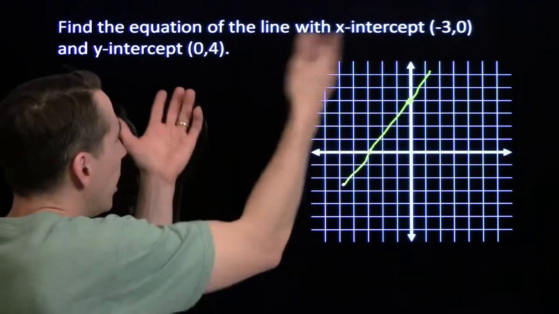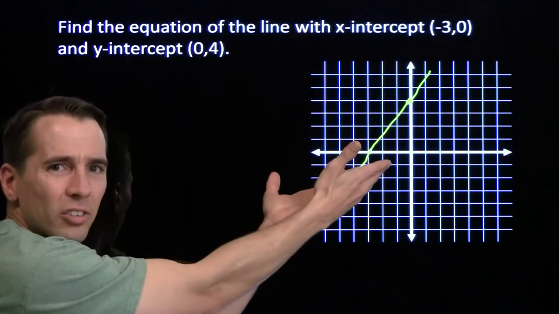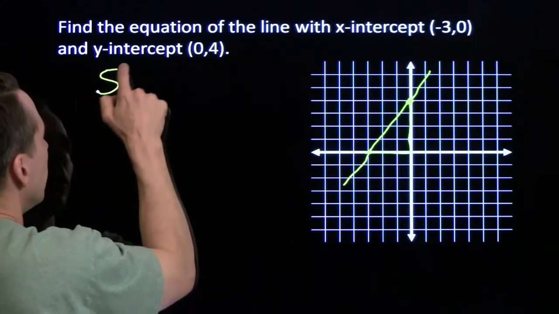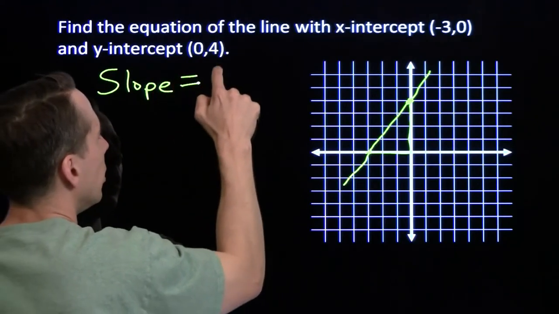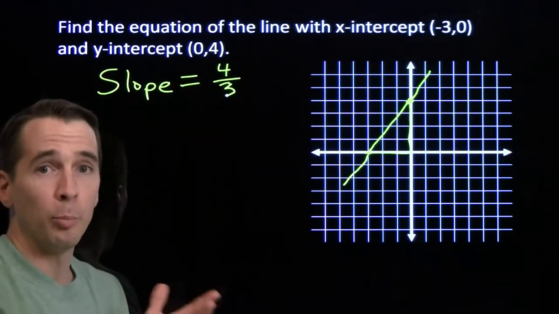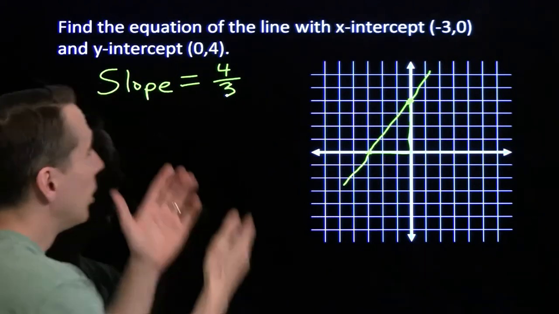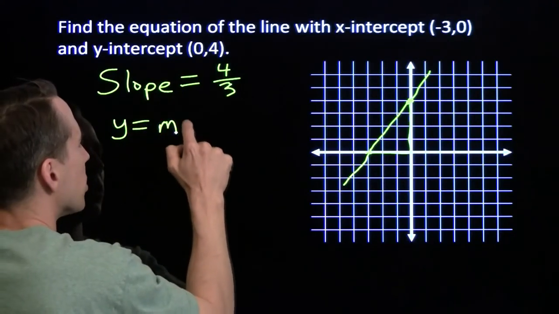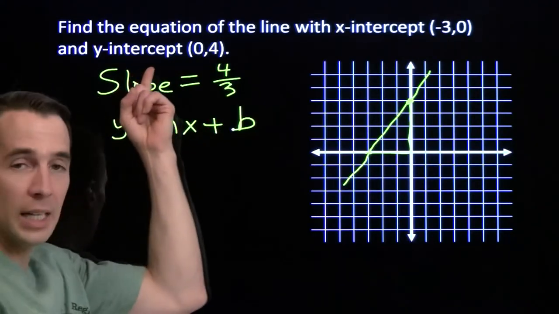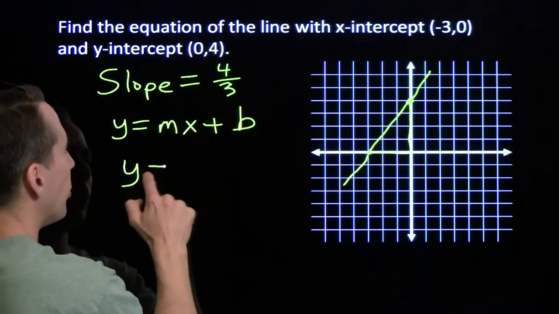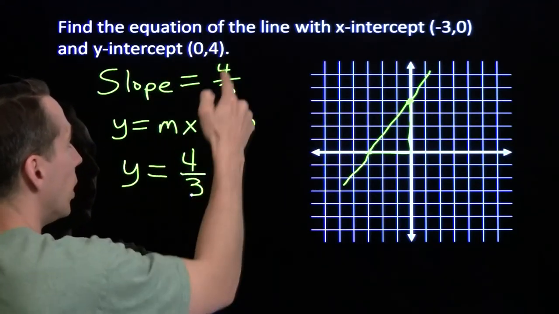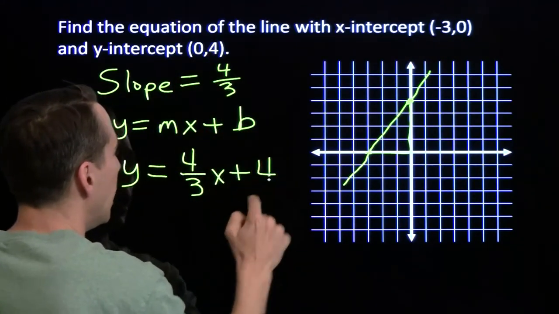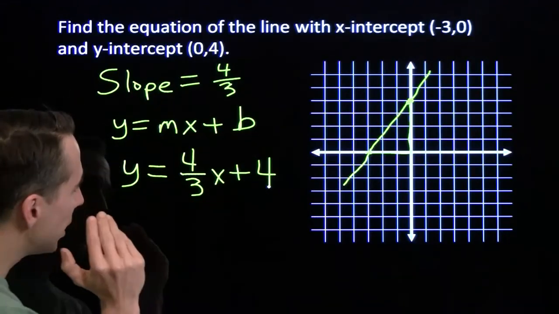I could go ahead and find the slope using these 2 points, but we can see the slope right here. Up 4, to the right 3. We can see right away that our slope is 4/3. Now I could break out that point-slope thing, that whizzy thing that other guy was showing you, but if you've got the y-intercept already, you don't even have to do that. This is where slope-intercept form can be really handy. If you've already got the intercept, you can just drop the slope and the intercept right into it. Put my slope in here for m, put the y-coordinate of the y-intercept in here for b, and I get y is 4/3 x plus 4, and we are done.